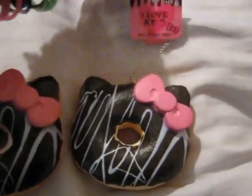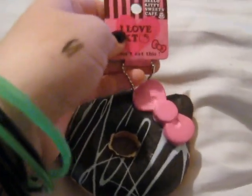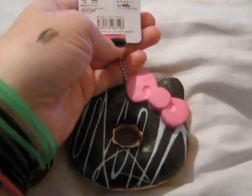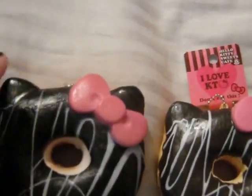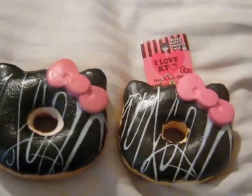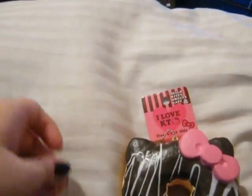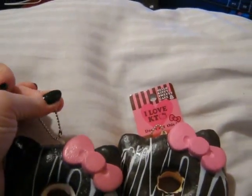Also, obviously the tag. This is the Hello Kitty Sweets Cafe tag. It says, "I love KT, don't eat this." And it's got the licensing. My camera doesn't really zoom, but it says Sanrio and everything. This one I bought came with one of those sticker tags, a little piece of sticker that wraps around the ball chain, and it had a Hello Kitty on it, but that's not a